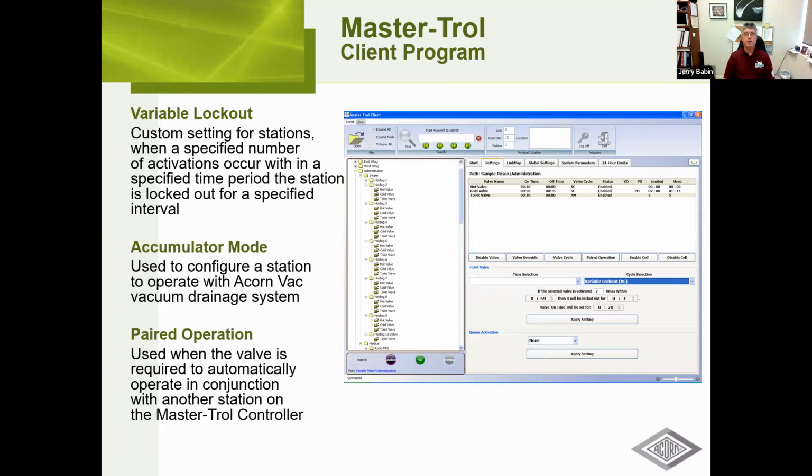Again, just some of the different features that we have as part of the client program. You have a variable lockout. Basically, it's a custom setting for stations. When a specified number of activations occur within a specific time frame, that station is locked out for a set interval. For example, you want a toilet to flush 3 times in an hour, and that flush would happen, say,